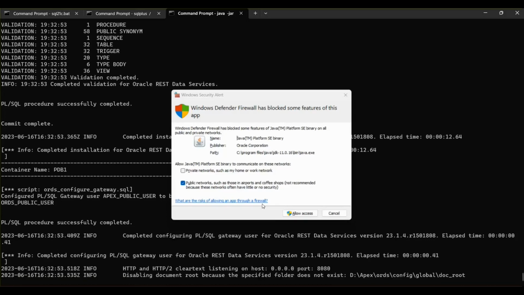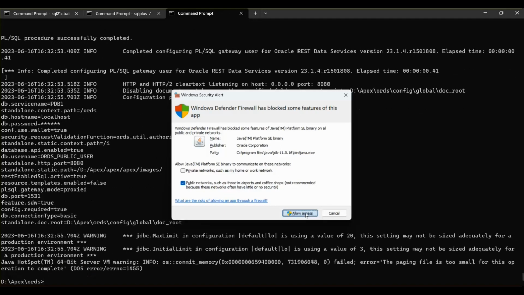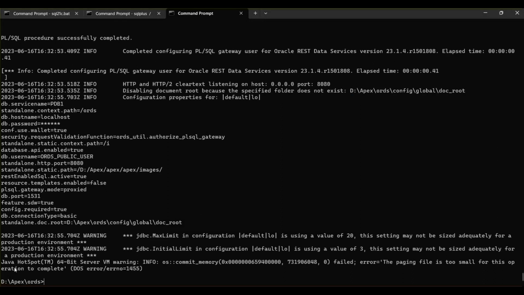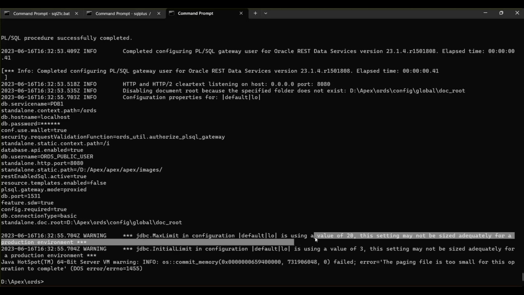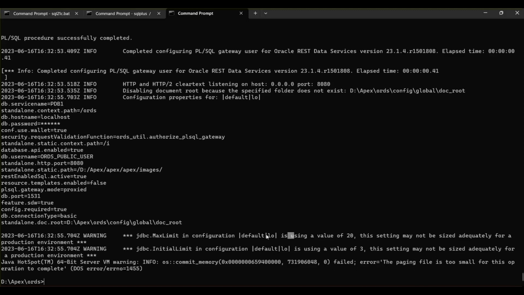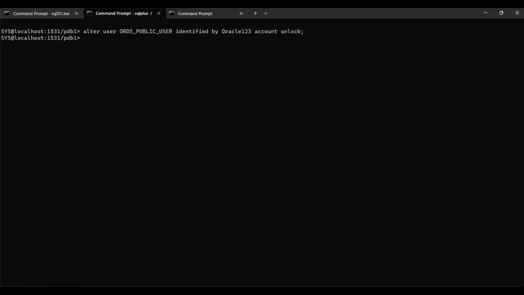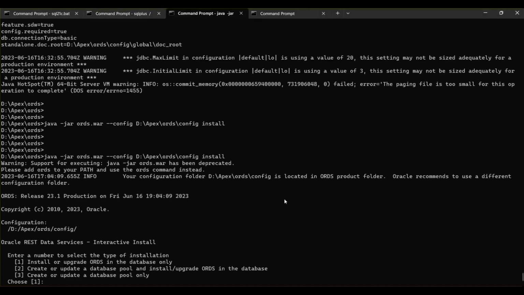It will run for a minute, installation done, but I received an error in the last step, concerning the page file. The error is, the page file is too small for this operation to complete. Actually, my laptop has 32 GB RAM and 32 GB page file, so the page file is not small. Anyway, I added an additional 4 GB to my page file at the D drive, but most importantly, I stopped many other databases running on my machine to free more memory. Also, from another window, I unlocked the last ORDS user.